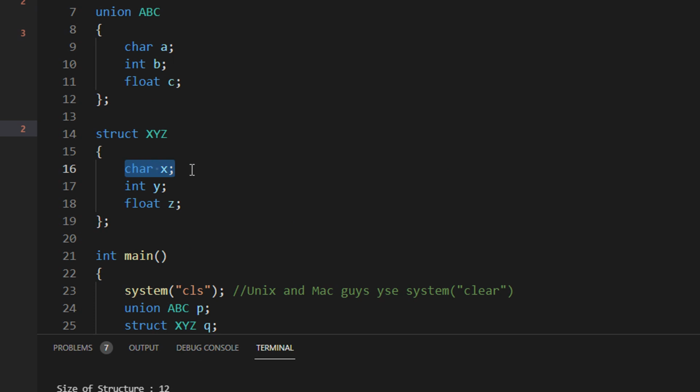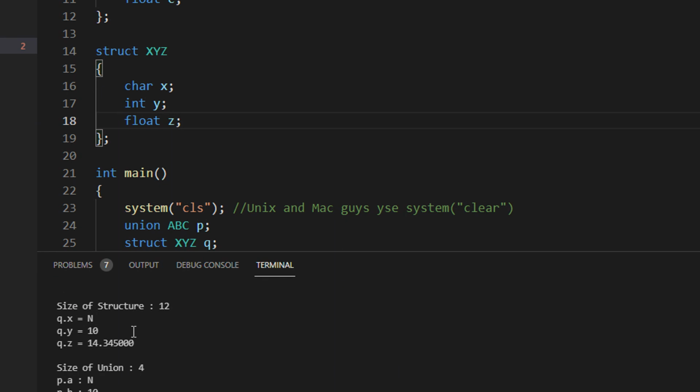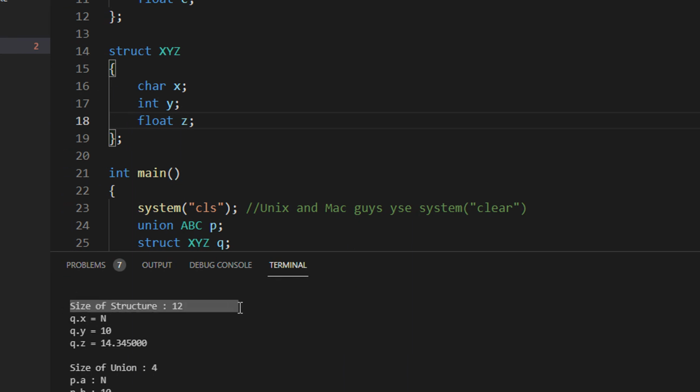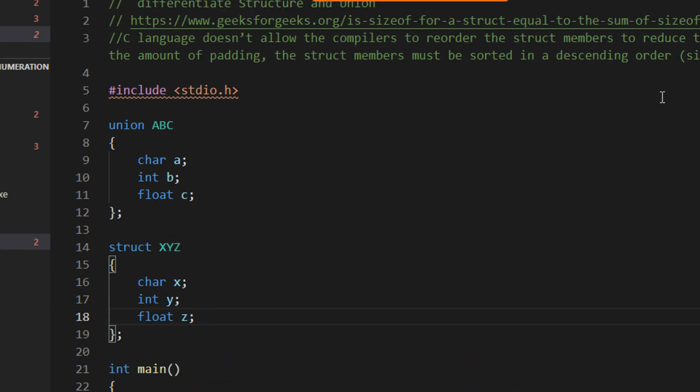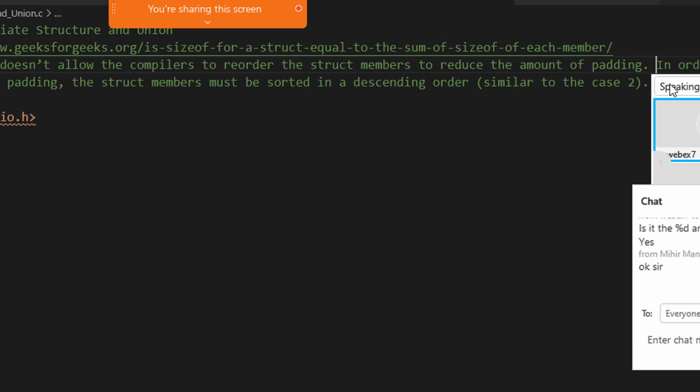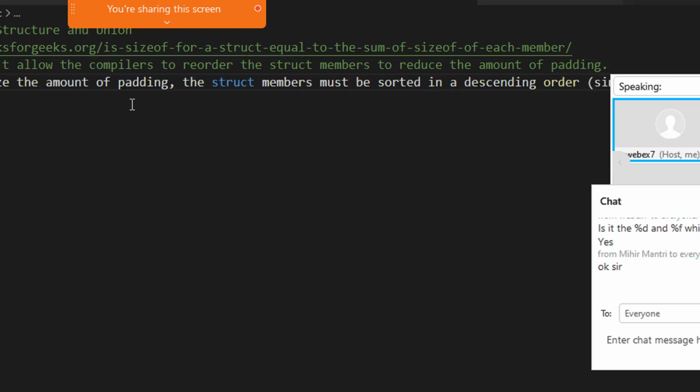This is 1 byte, this is 4 bytes, and this is 4 bytes. So technically this should have been 1 plus 4 plus 4, which is equal to 9 bytes. But if you see the output, the size of the structure is shown as 12. Now why does this 12 come? The concept here is, so let me just put an enter here.